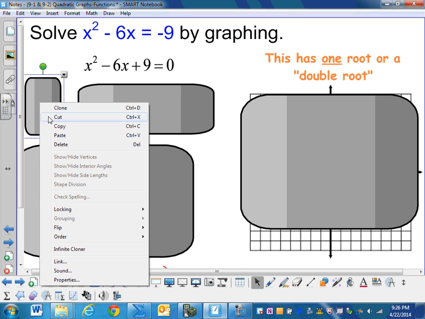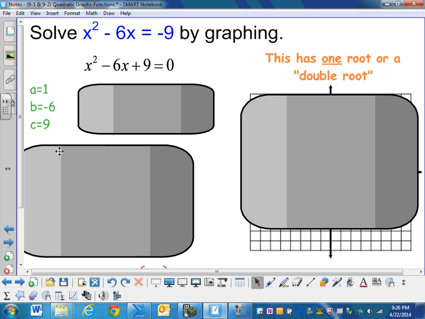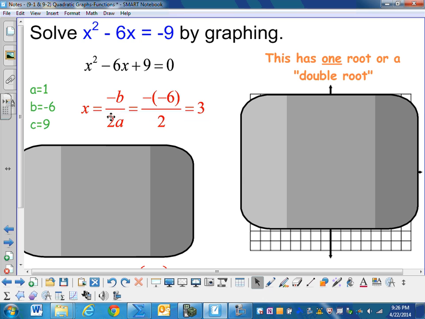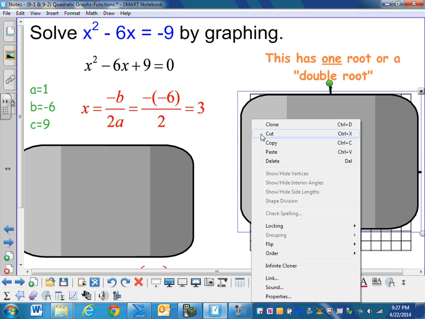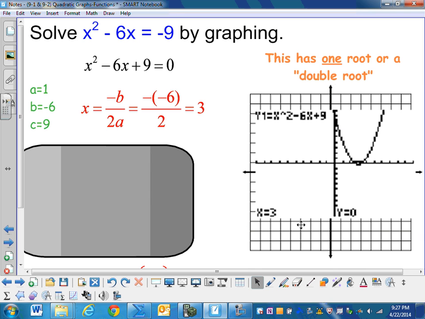So again, the next thing I'm going to do is identify my a, my b, and my c. A is equal to 1, b is equal to negative 6, and c is equal to 9. I'm then going to substitute it in my formula, x equals negative b divided by 2a, and I find that x is equal to 3. When I graph this one, I see that my vertex is (3, 0), and I see that it is hitting the